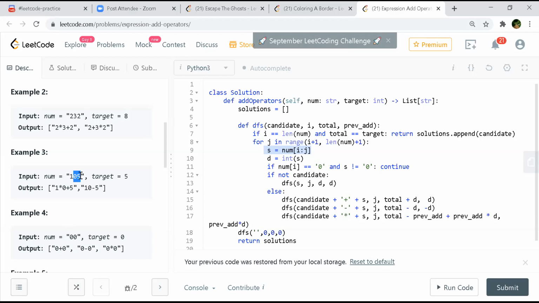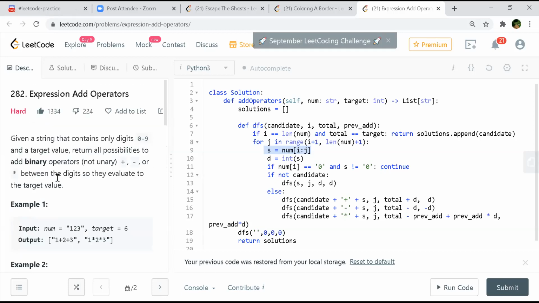Although I don't know why 1 multiplied by 0.5 could not have been an answer. No, but 0 5 is not a valid number. According to them, they don't want leading 0. But they have not mentioned it. Yeah, they haven't mentioned, but 0 5 is the same as 5, right? It is still valid, so 1 into 0 5 should be okay, right? 0 5 won't lie between 0 to 9, but that is only the digits, right?